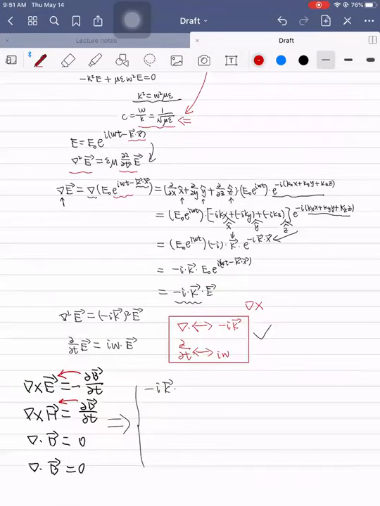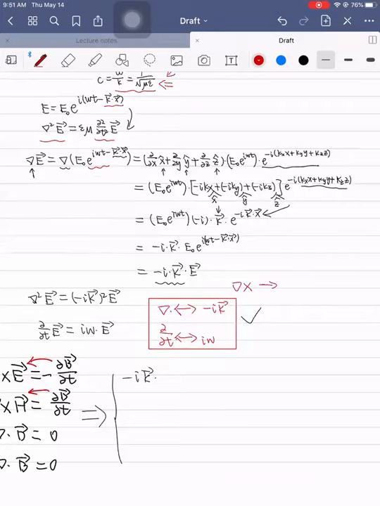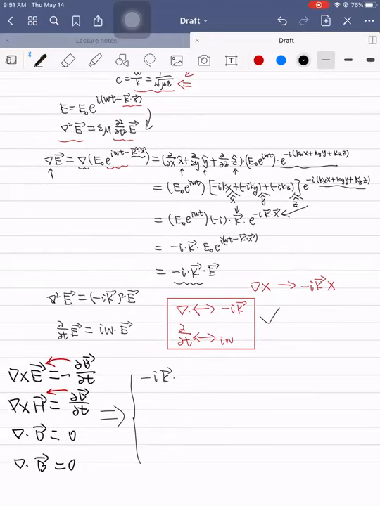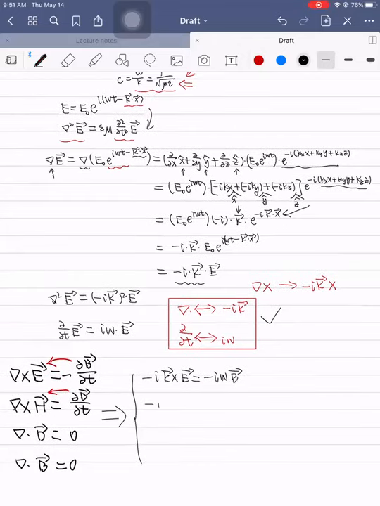If you take the cross product with the Nabla operator, you will get minus ik cross product with the quantity. So here this will be, and this will be,